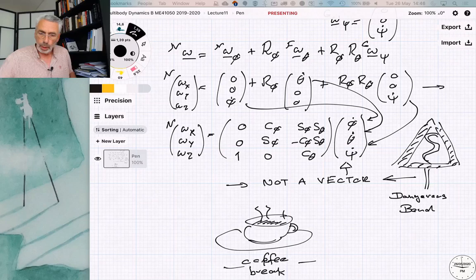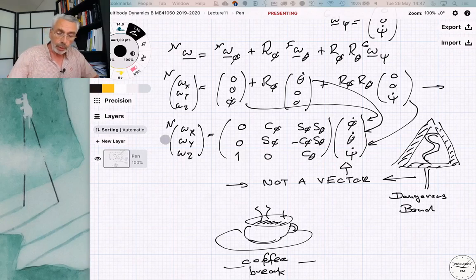The second part of lecture 11 on multibody dynamics. We ended before the coffee break with an expression of the components of the angular velocities in the body in the inertial frame as a function of the Euler angles and the time derivative of the Euler angles. And I put a danger sign here because these time derivatives of Euler angles are not vectors. We write them with three components